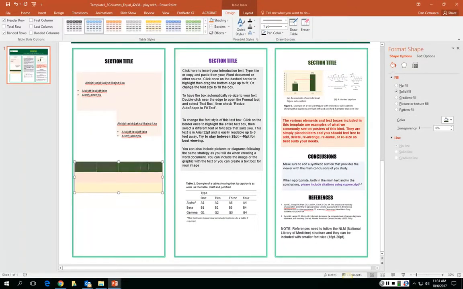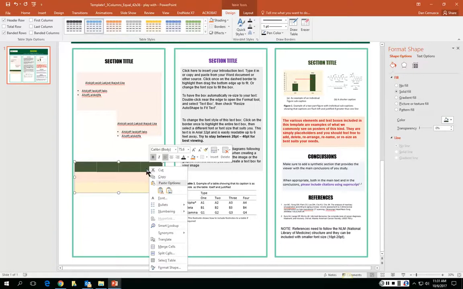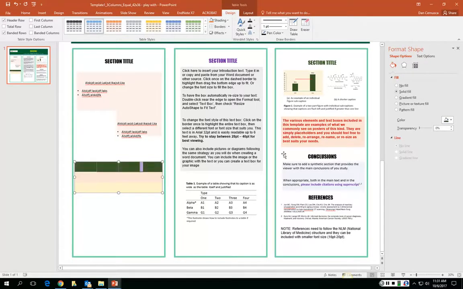If you want to get rid of these colors, then you select these cells, and here you just say no fill,